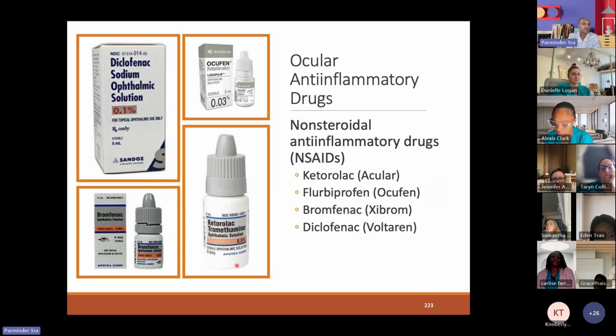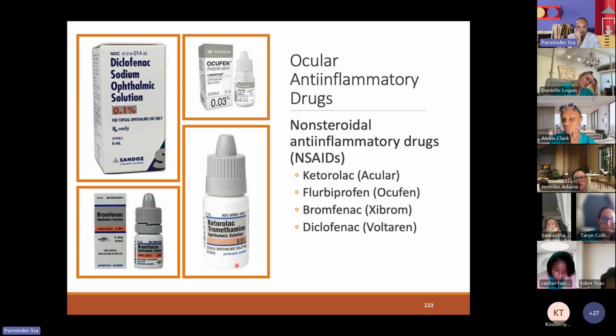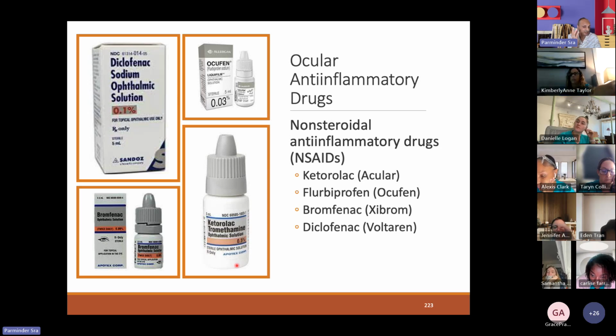Okay, now anti-inflammatory drugs, ophthalmic anti-inflammatory to treat the inflammation of the eye. It could be because of simple allergies. It could be because of uveitis we just talked about in the previous slide. It could be because of conjunctivitis, or maybe post-surgical, because surgery is a trauma to the eye. And whenever there's a trauma, there's inflammation. Or the patient may have some sort of eye disease that can cause inflammation, and these anti-inflammatory ophthalmic drugs can reduce